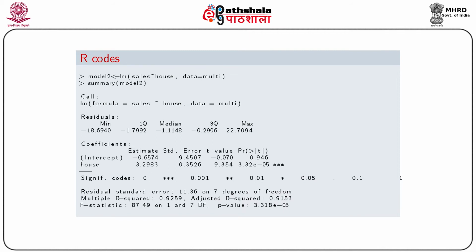Now let us go on and fit a regression model of sales, which is the dependent variable y, on just the first explanatory variable, which is house. So we have also provided in the next slide the R code in order to fit that model using the LM function. And along with the code to fit the model, we have the output. Now this is a very standard output in R when fitting a regression model using the LM function. We have the estimates of the coefficient, standard error, the t-test statistic value as well as the p-values.